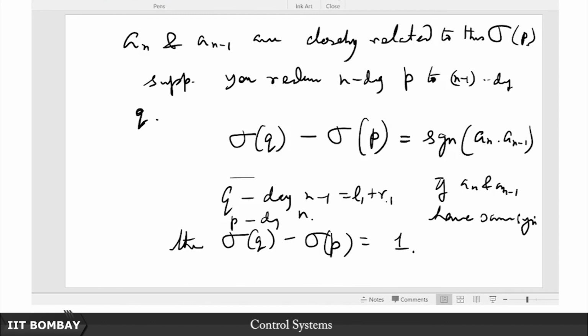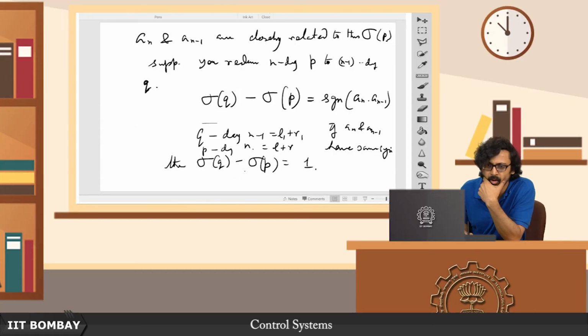And similarly, for p, n is equal to L plus R. So obviously the net sum of L plus R has reduced by 1. Now if you know that the net difference is also reduced by 1, what can you conclude? The only way that this can happen is,